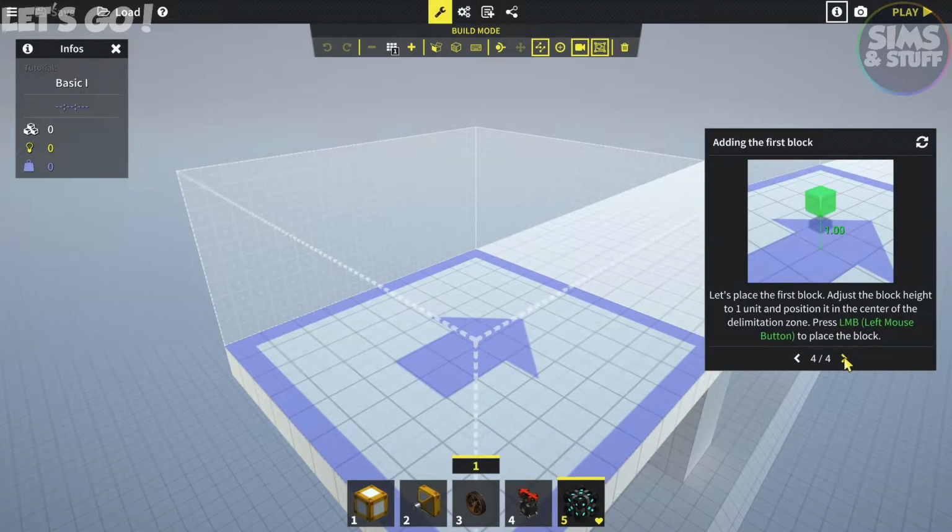Let's place the first block. Adjust the block height to unit 1 and position it in the center of the delimitation zone. Press left mouse button to place the block. So I've got to highlight the block and put it there. How do I know it's a...